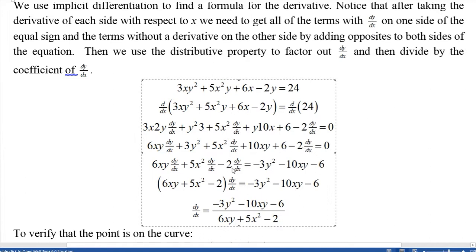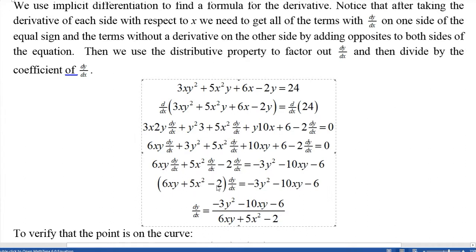And then we leave that here. So these are all the dy over dx's on one side, all the terms with a dy over dx are on one side, and the terms that don't involve a dy over dx are on the right side. Now, since these all have dy over dx, and it is multiplication here, remember the chain rule is multiplication here, then we're dividing out the dy over dx using the distributive property,